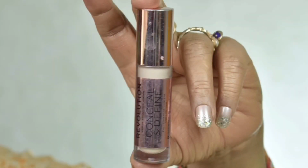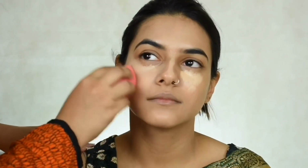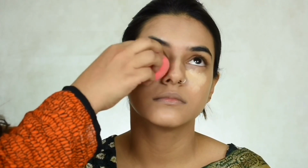blend it. Now I'm going to take the Makeup Revolution Conceal and Define Concealer in C8.5, and I'm going to apply this underneath her eyes, on the forehead, bridge of her nose. So as you can see, I'm not applying the highlighting concealer directly underneath her eyes, and that's because she has very prominent lower eyelids. So instead what I'm doing is I'm going to apply it underneath the lower eyelid, and then I'm going to blend it upwards towards the eye, and then also in the typical triangular shape, which is